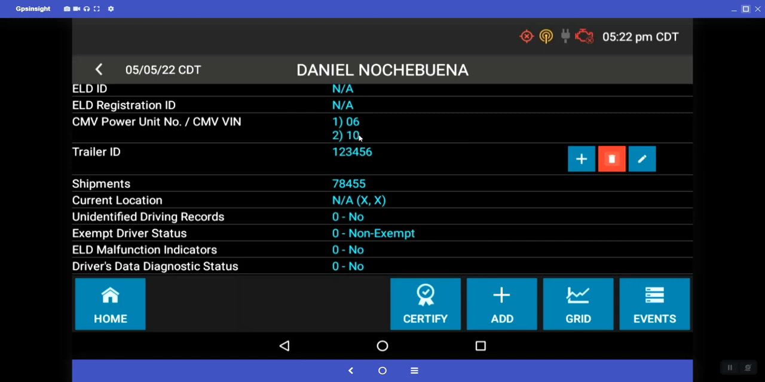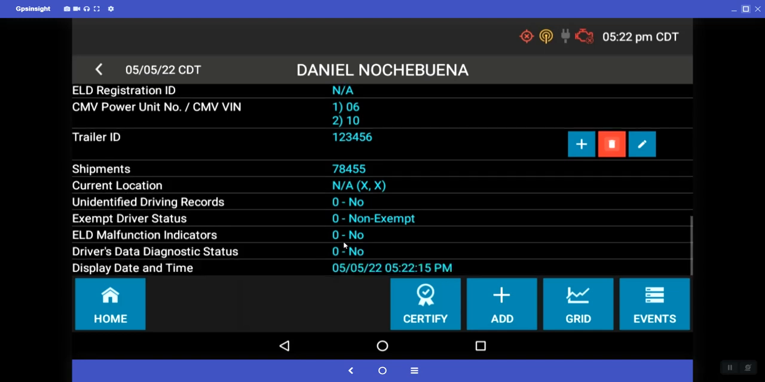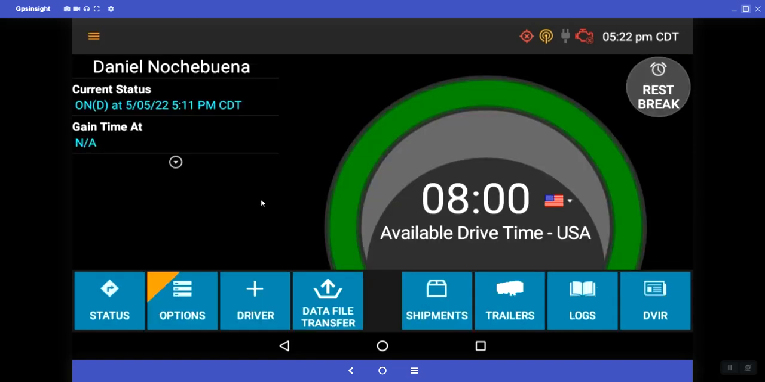It will show you your truck number and your trailer number that you're currently hauling, shipping documents, things like that. So we go back to home. Right now we'll come back to this page for something else. So on this page, once we are on duty, all we have to do is, once we're ready